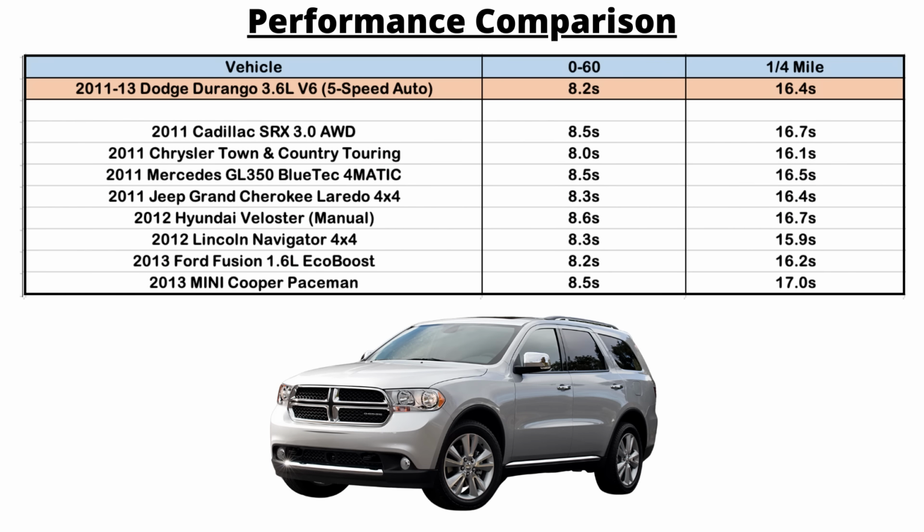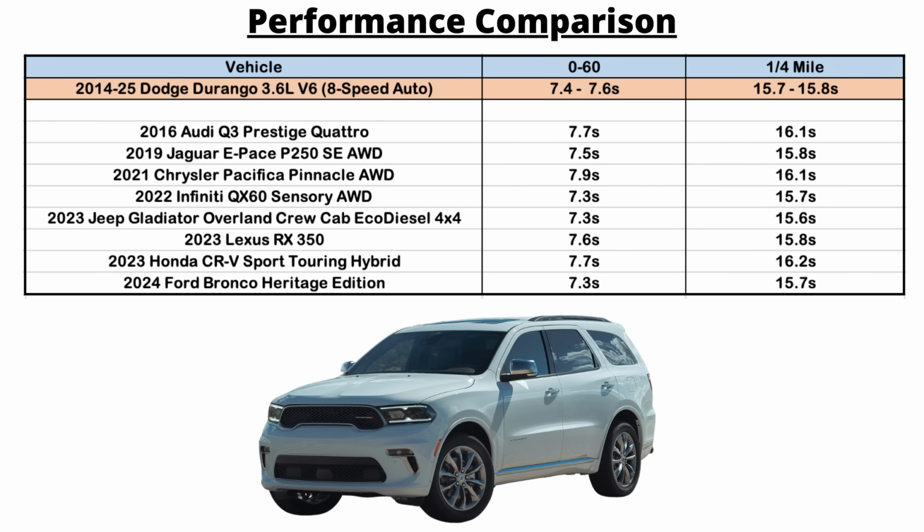So the new 3.6 liter with the 5-speed was good enough to match the previous 4.7 liter V8 engine from 2008 and 2009. 0 to 60 times were in 8.2 seconds, and the quarter mile around 16.4 seconds. The 8-speed transmission seemed to make a massive difference, as now the Pentastar could match the previous Hemi's times with near identical performance, with a 0 to 60 range in 7.4 to 7.6 seconds, and the quarter mile time of